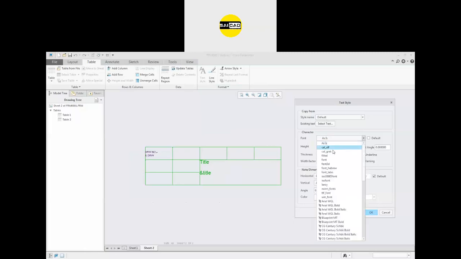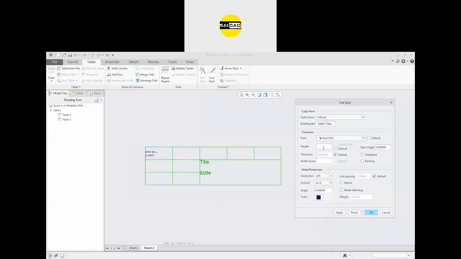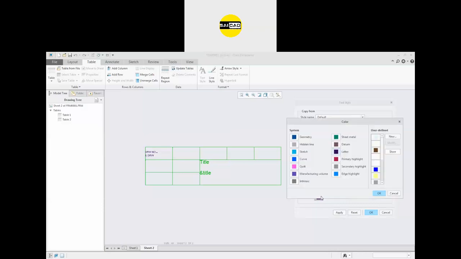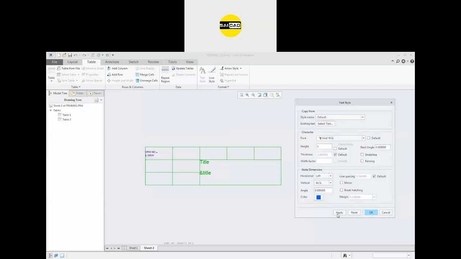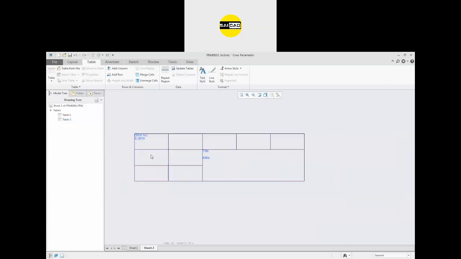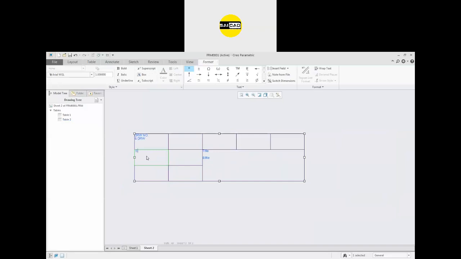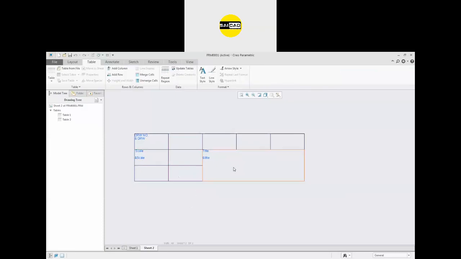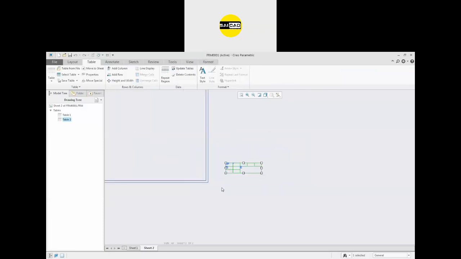So we have the font here. So define the font for everything. We have the height here. Define the height for everything. I need that height to be 1 everywhere. So select all the options. Select the color for the text we need. Okay. Click apply. Okay, and we will have all the values right here. Now define. I need this to be scale, and scale will be and scale like that. Okay. So place it, move it, maybe need like that.